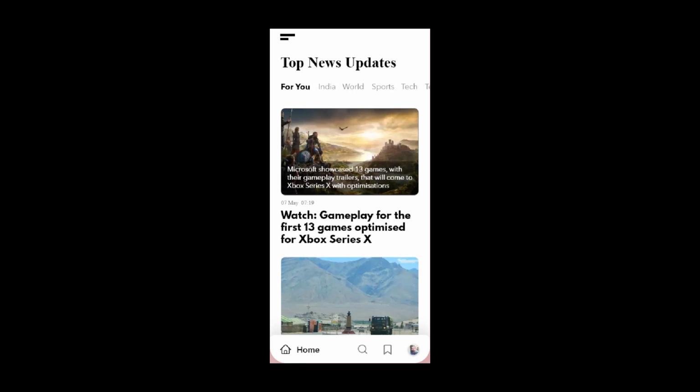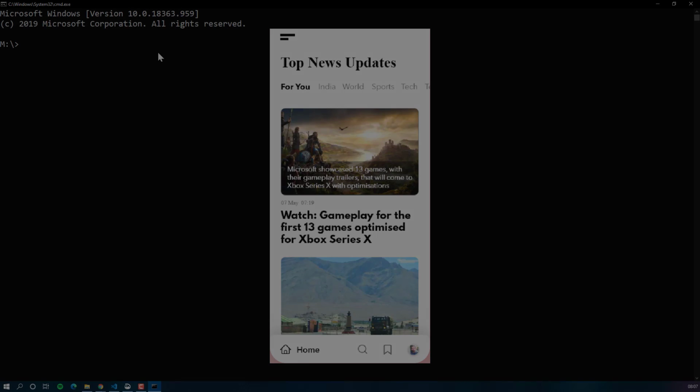Here is our app design that we are going to build. Today we will be looking at how to build a custom bottom bar. So let's start with building a new Flutter project.